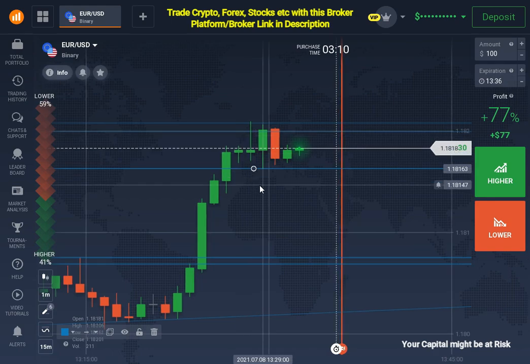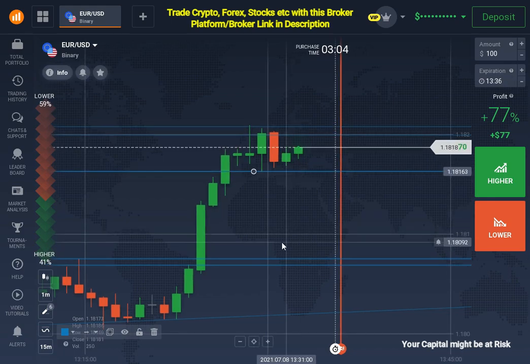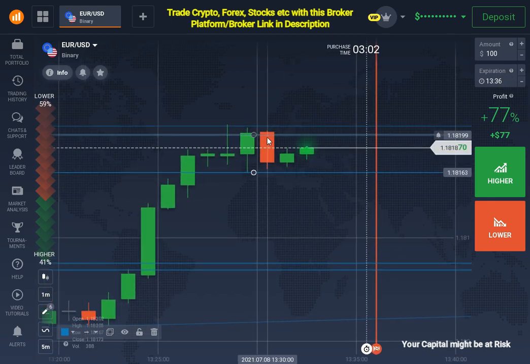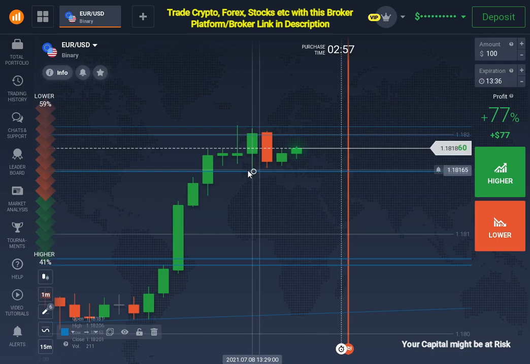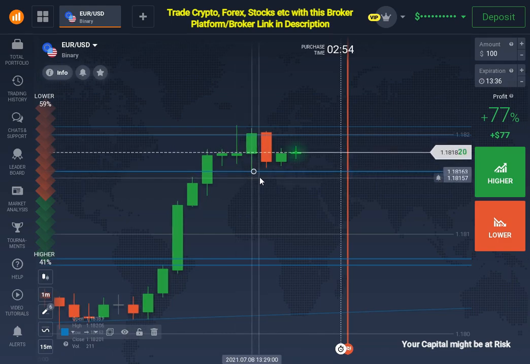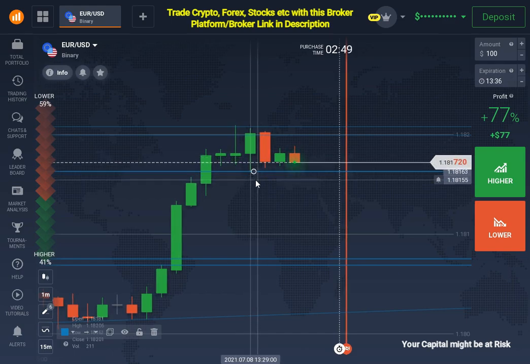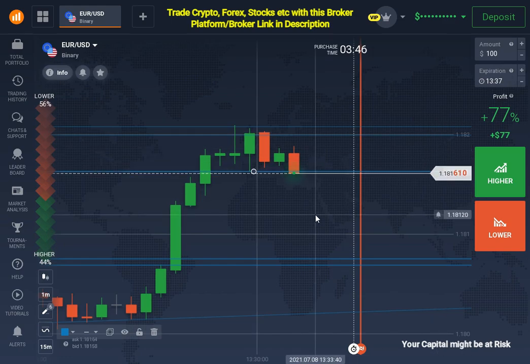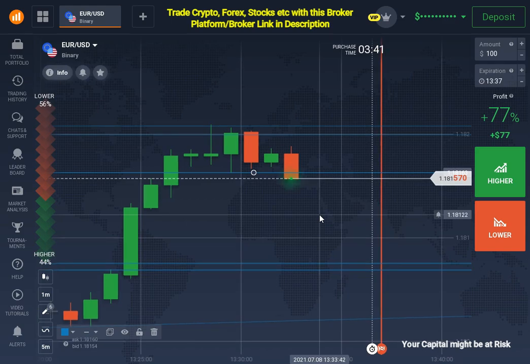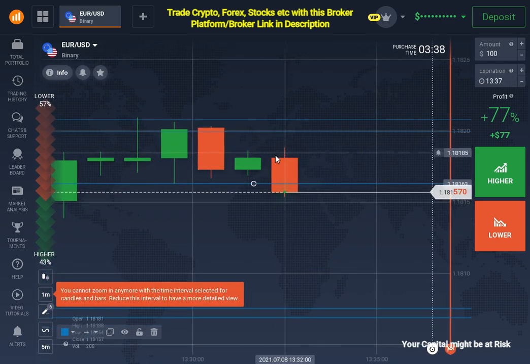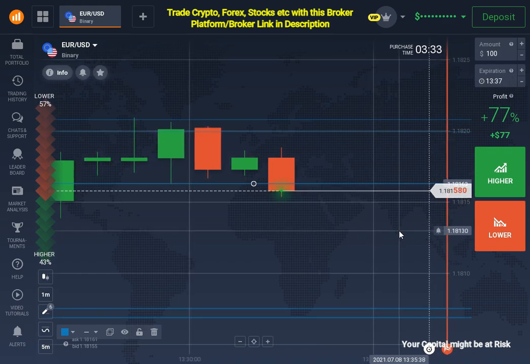Why? Because we see some confirmation here, and that's why I'm waiting for a confirmation. You can see this was a confirmation, but this candle was not that strong, because you can see it didn't break through this recent support level. So what I need is a breakout from that recent support level, so that I can trust that market now will reverse for some time. As you can see, this is what I'm talking about. It is trying to break, and it's a good candle. So let's wait for the candle to close.